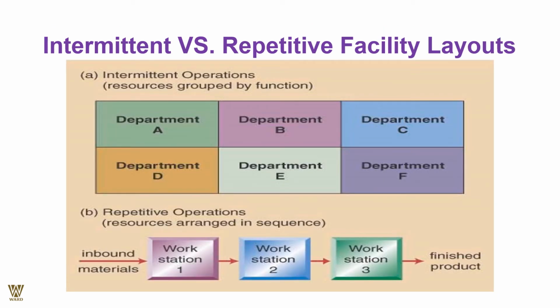So we have the depiction out here. If you look at it, in intermediate operations the resources are grouped by function, let's say departments A, B, C, D, E, F. So you can go with the pizza flow, where there is dough, cheese, other assorted toppings, probably baking, packing, and probably the delivery part. It's all departments which have been divided out altogether.